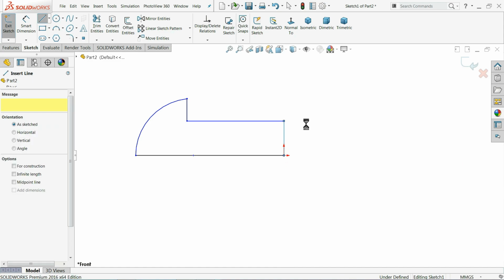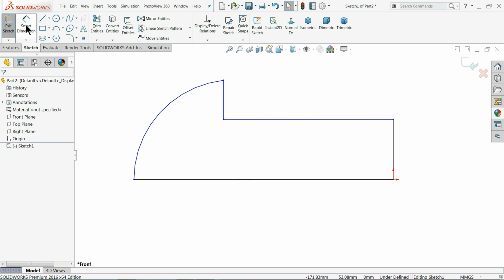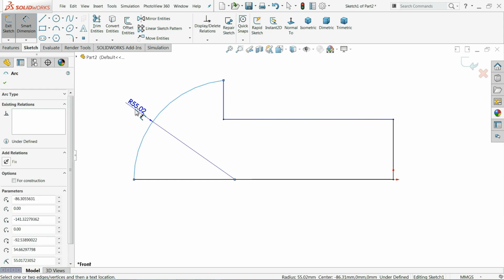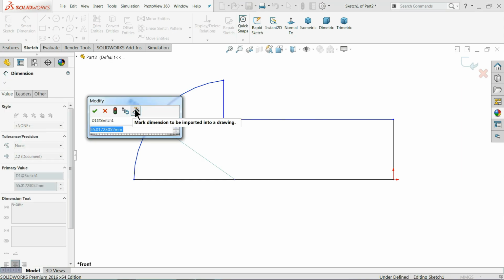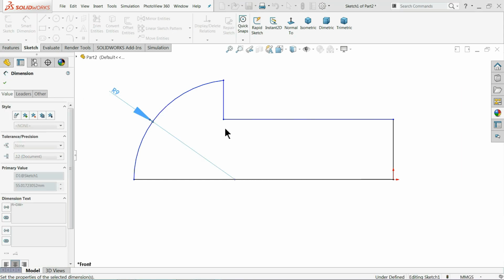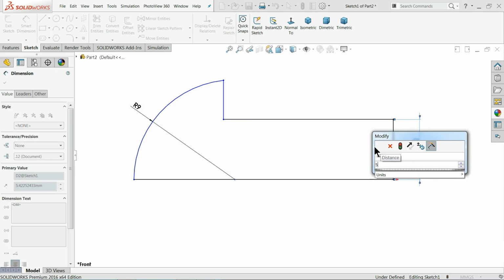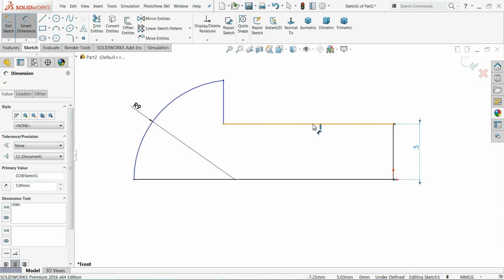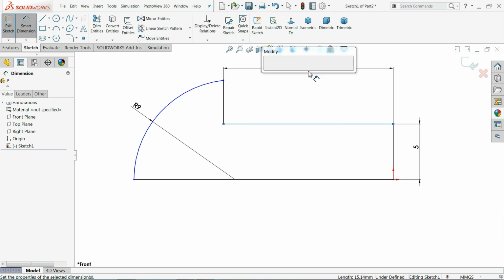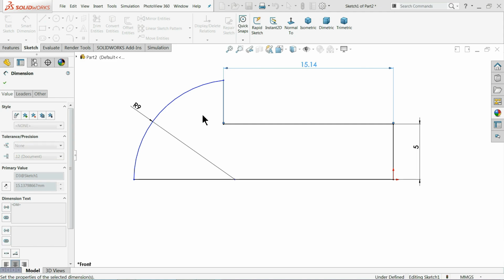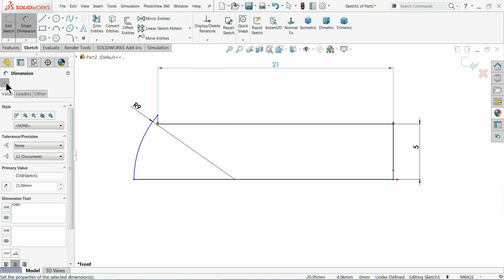Okay, now the geometry is closed and finished. Let's define. Nine millimeter, 5 millimeter, 21 millimeter.